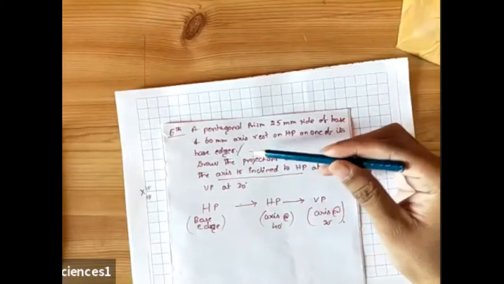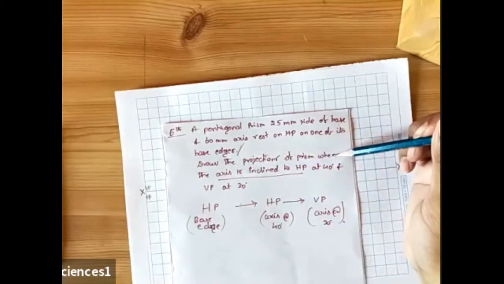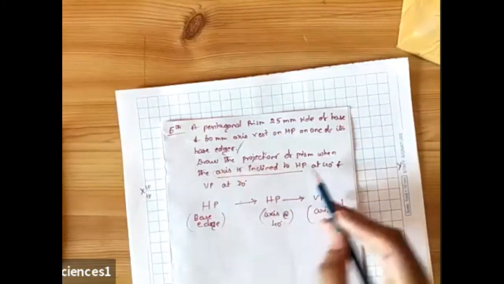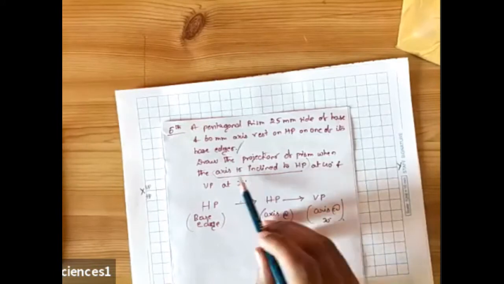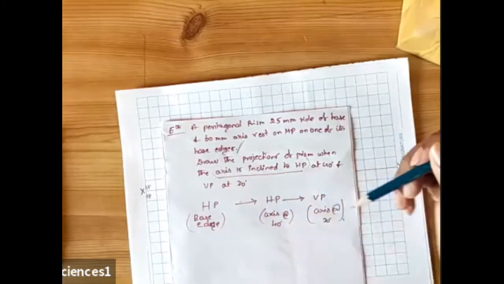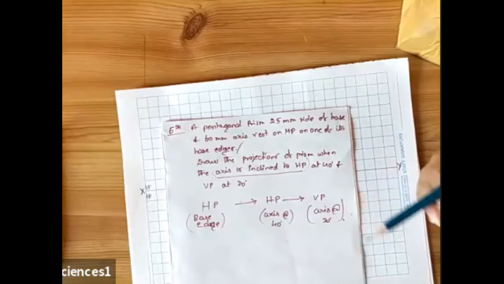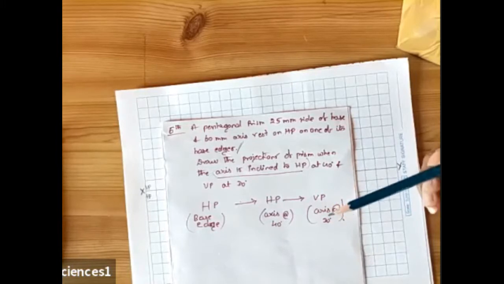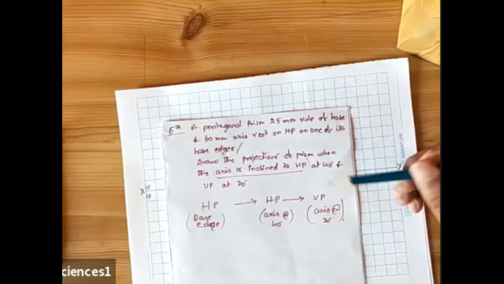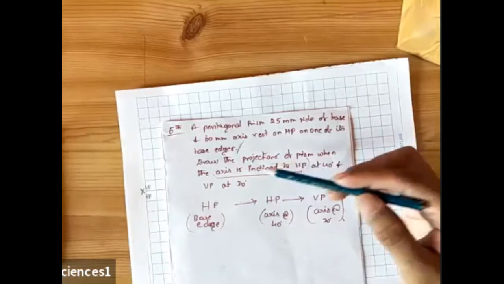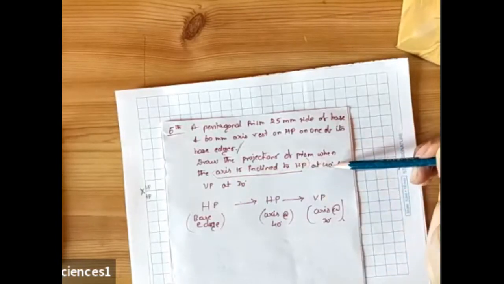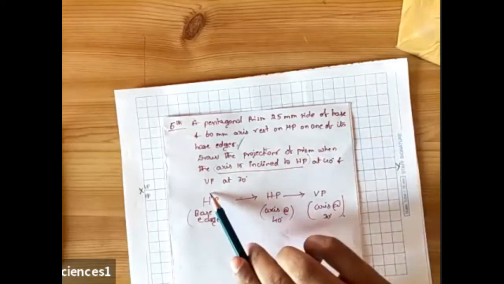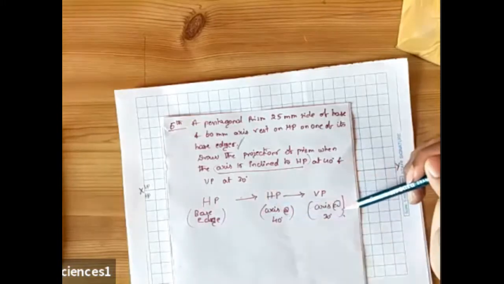The second condition he has given: draw the projections of the prism when the axis is inclined. See, this word is very important. Remember this word: axis is inclined. Whenever you come across this word, in this problem we are supposed to find an apparent inclination problem. This is based on apparent inclination, so we'll be getting a beta angle. Draw the projections of the prism when the axis is inclined to HP at an angle of 40, and the same axis is inclined to VP at an angle of 30. That will be the final condition.